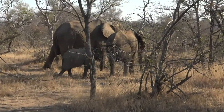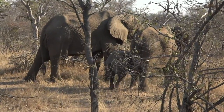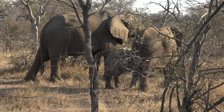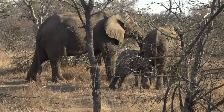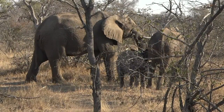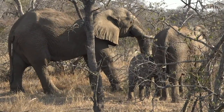But no, what they don't like, though, is that big elephant bull who's behind them. That's Kumo. We've seen him before. So Kumo has been sniffing around the females, hoping for mating, and neither of these females are ready for it. And they both growled at him and moved out of the way, just because he is very large. As you can see, he's at least twice the size of these females. And he can get